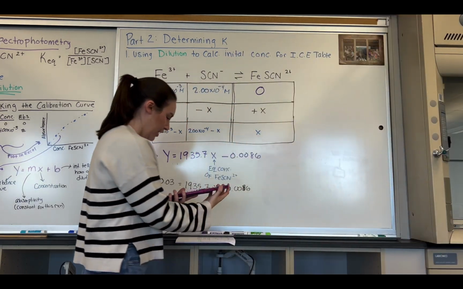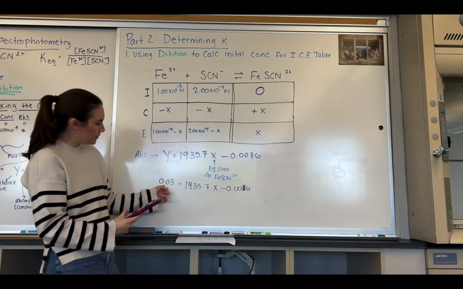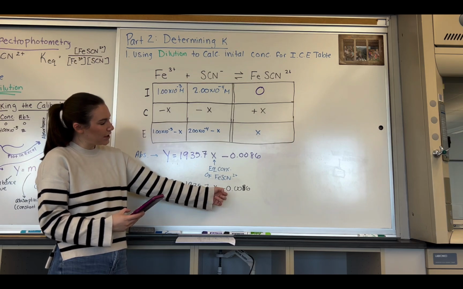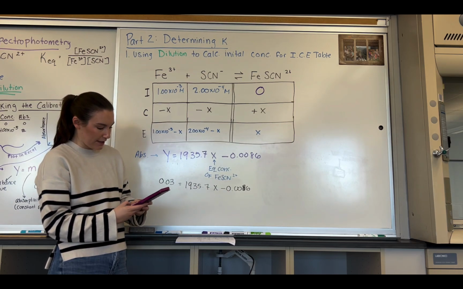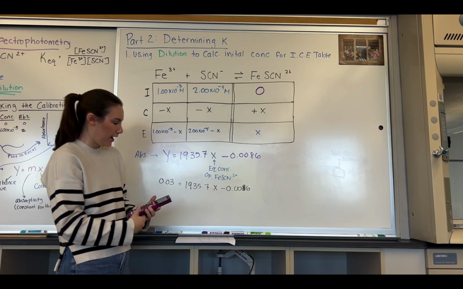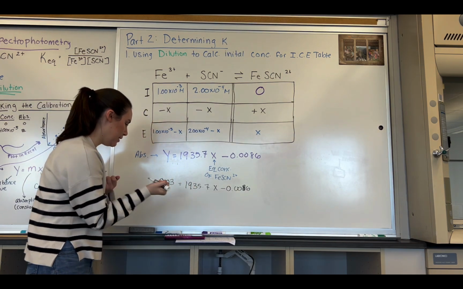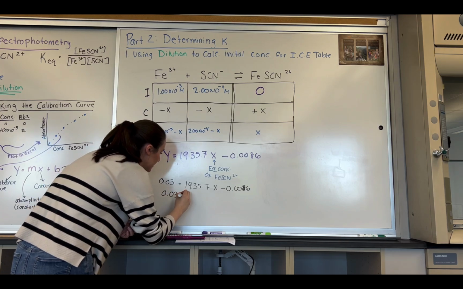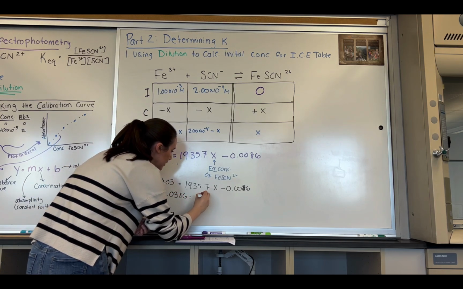So I'm going to take this 0.03 and add to it the 0.0086, so plus 0.0086. Okay, so that gives me 0.0386 is equal to